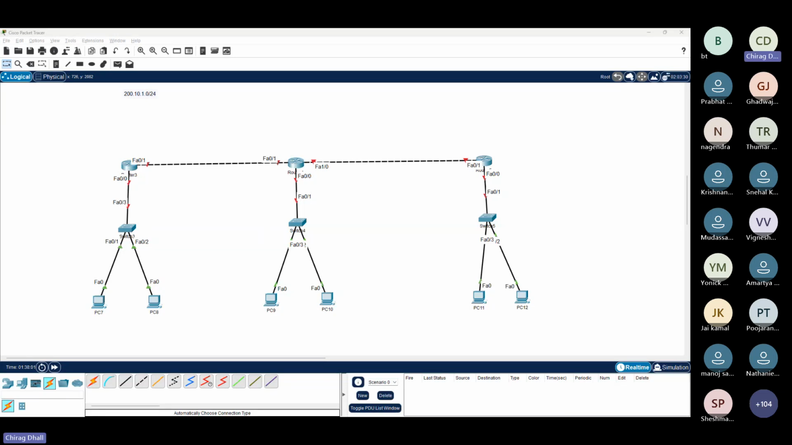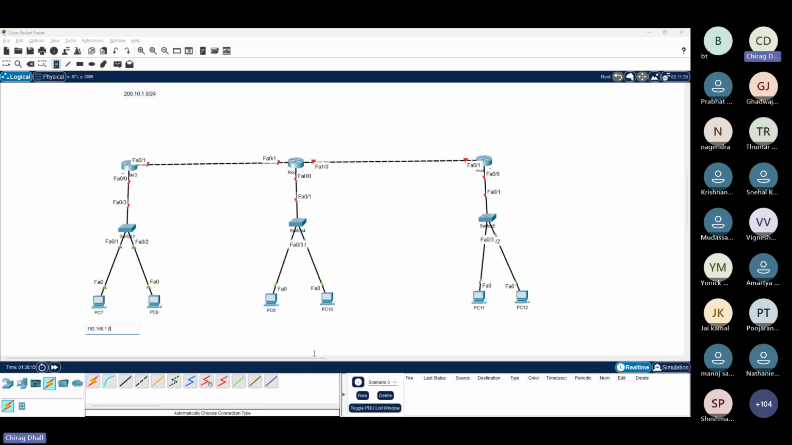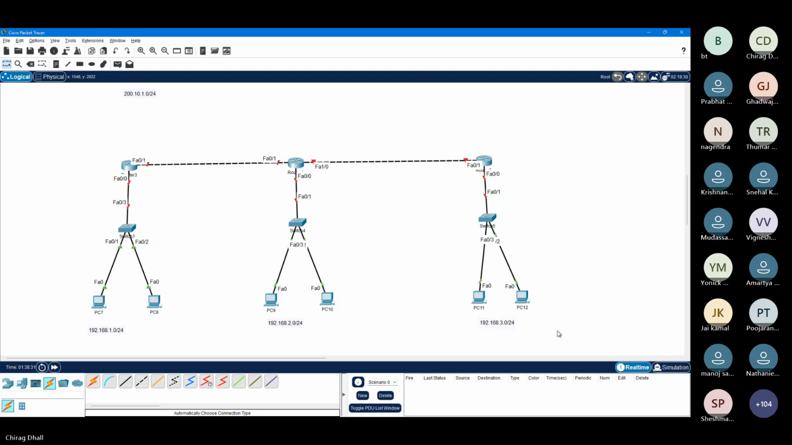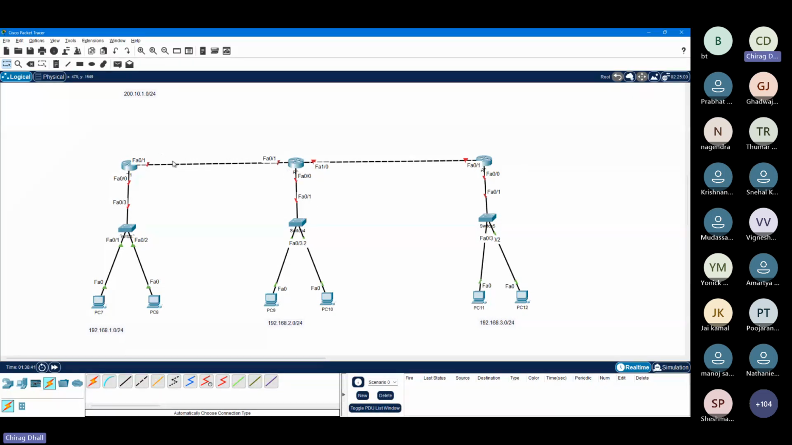Now it's time to begin the configuration. So I will use three networks for local area networks or the local area devices. First one is going to be 192.168.1.0/24. This will be 192.168.2.0/24. And this will be 192.168.3.0/24. Between my first router, which I'll consider as R1, and R2 and R3, here I will use the network